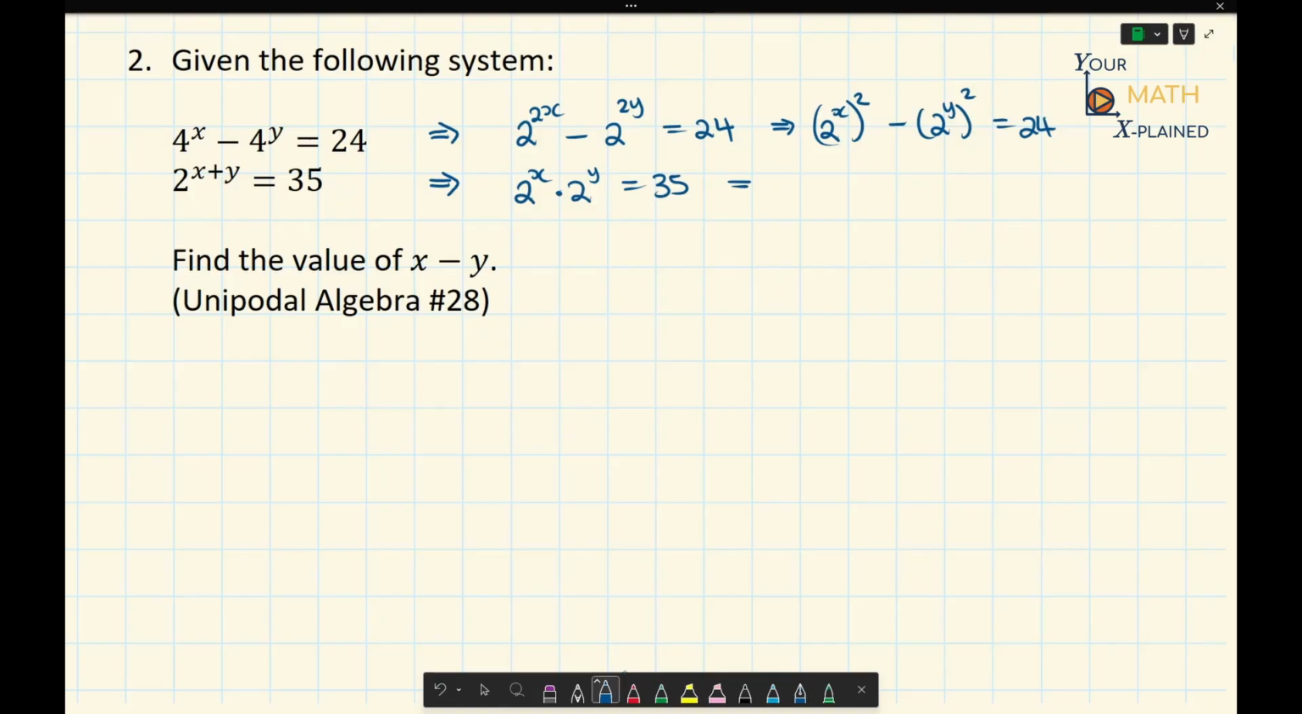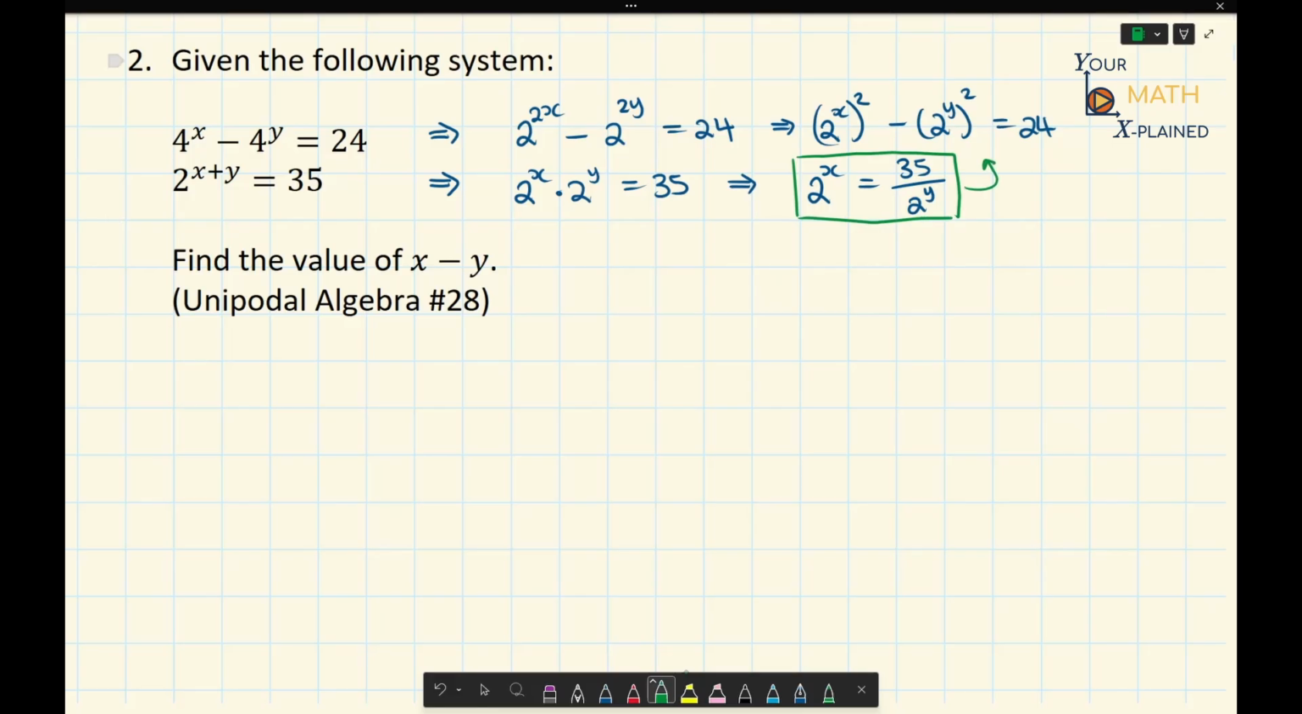And then we can go ahead and isolate one of them. So let's say we isolate 2 to the power of x. Then we get 2 to the power of x is equal to 35 over 2 to the power of y. So what we're going to do is substitute the expression for 2 to the power of x